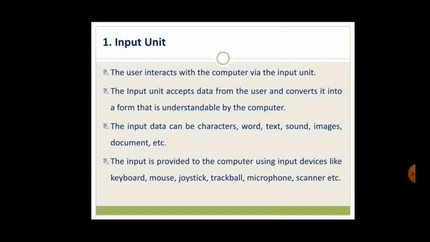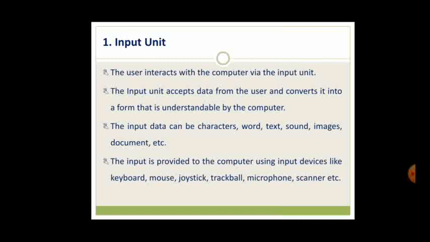Next, the input data can be word, text, sound, image, or document. That means the input can be in the form of text data, audio data, image data, document data, or video data. The input can be in different forms.